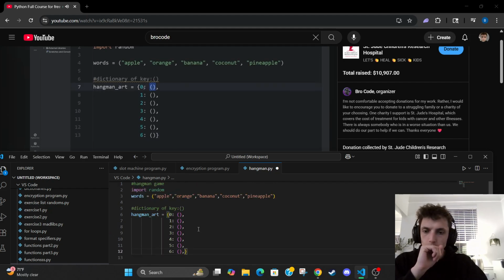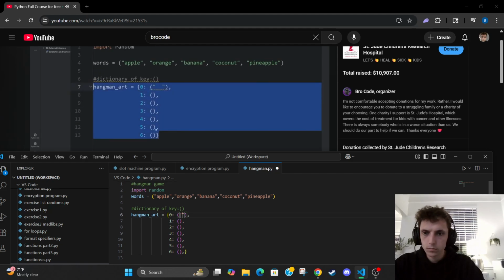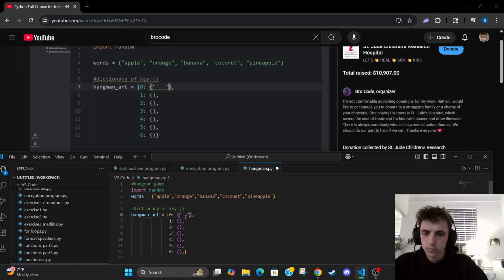Each tuple that corresponds to the incorrect number of guesses, we will display a certain image. If you would like, feel free to look in the description of this video if you would like to copy this to save you some time. Each tuple will consist of 3 rows, 3 strings. For no incorrect guesses, where incorrect guesses is 0,